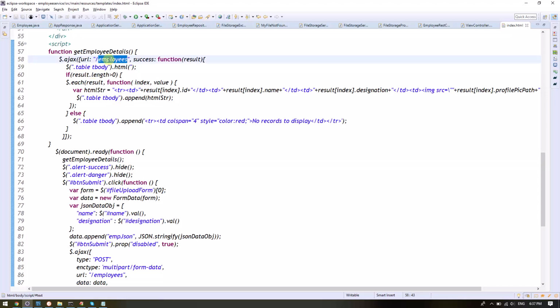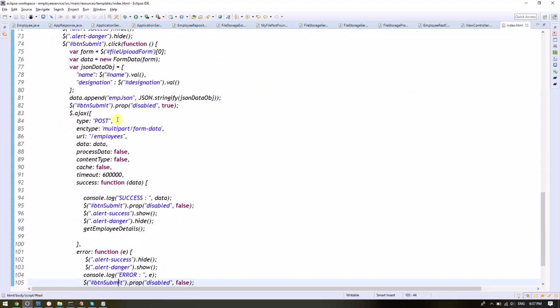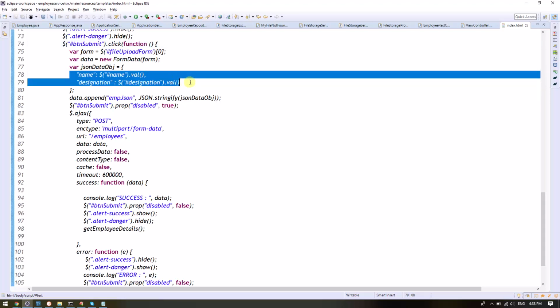It will call the get API of the employees. The employee API will return the list of employee details, and I'm rendering it into the HTML table. And then while uploading the form, on the button submit click action, I just define the name and destination as a